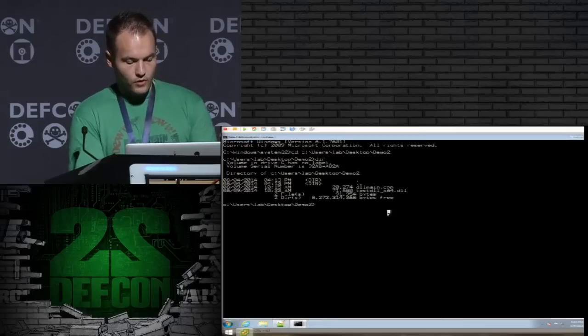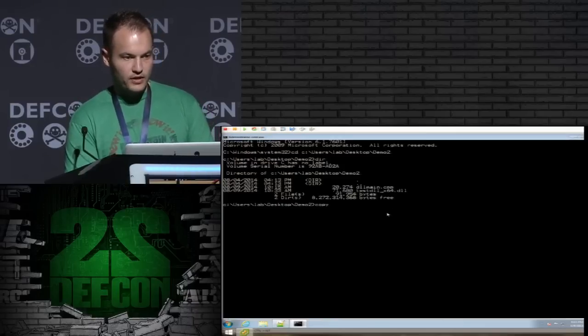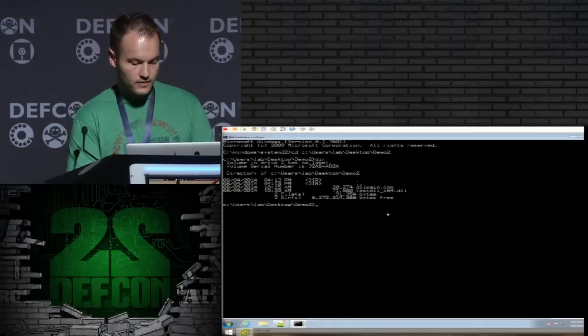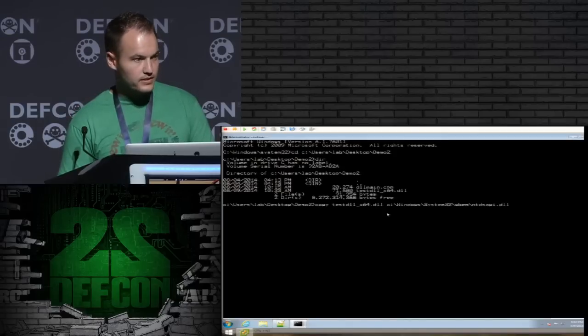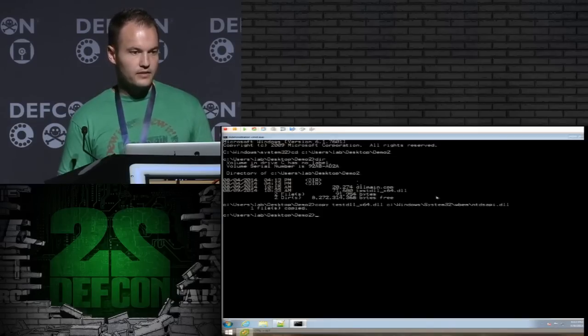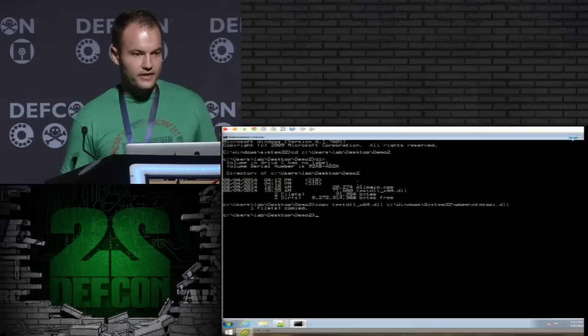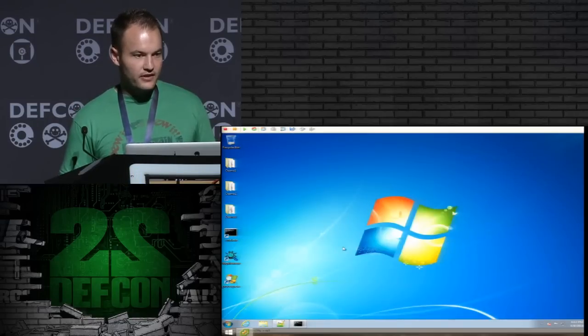Okay, so all we have to do for this one is, there's no registry modifications required. We just have to copy that test DLL to C:\Windows\System32\WBEM, and then we'll name it NTDSAPI. Did I type that right? Can anybody see? Yeah. NTDSAPI.dll, okay? All right, so one file's copied. So that's it. There's no registry modifications necessary.